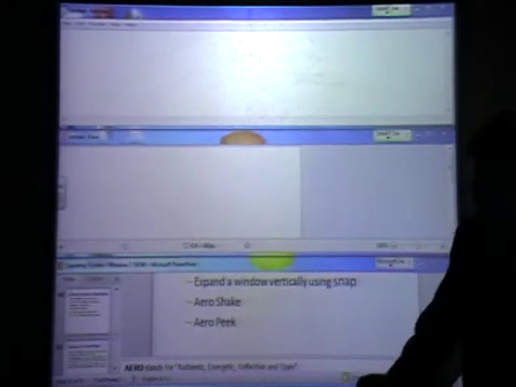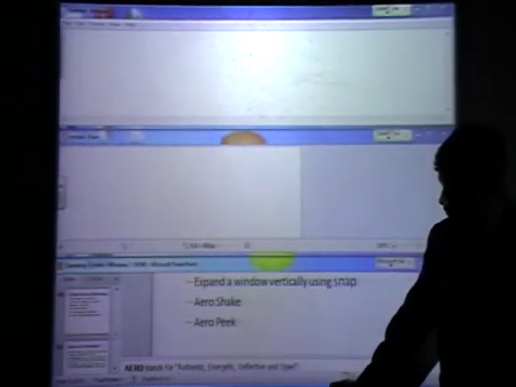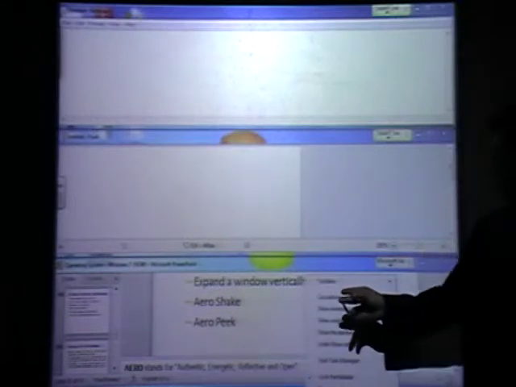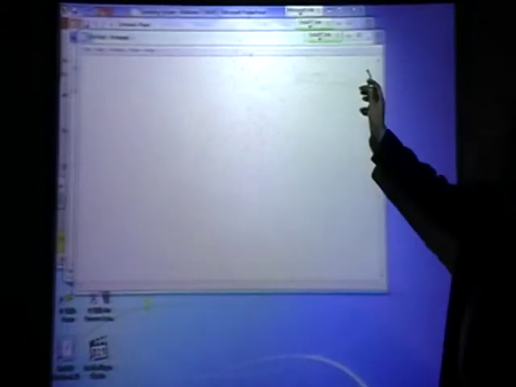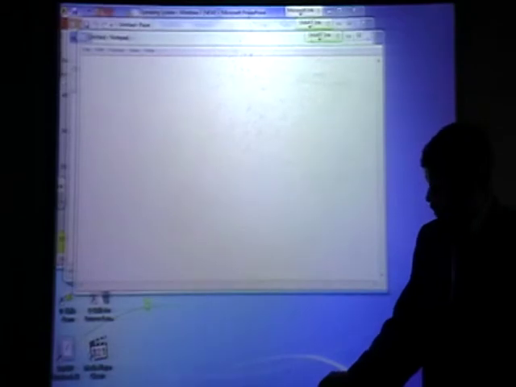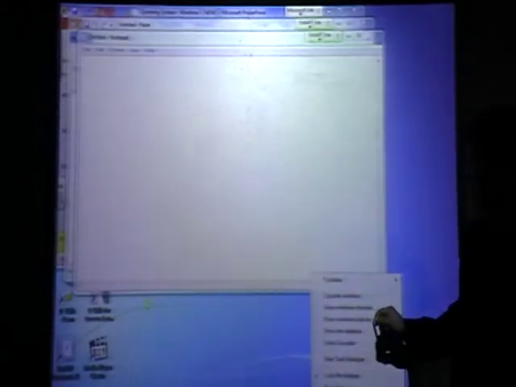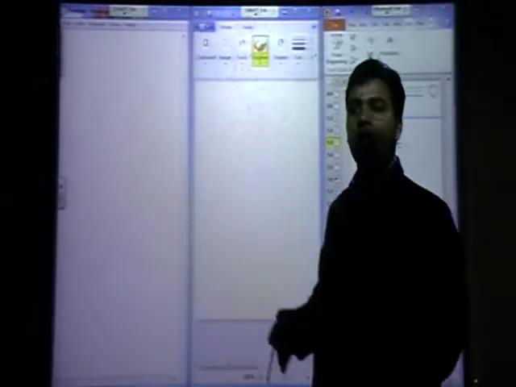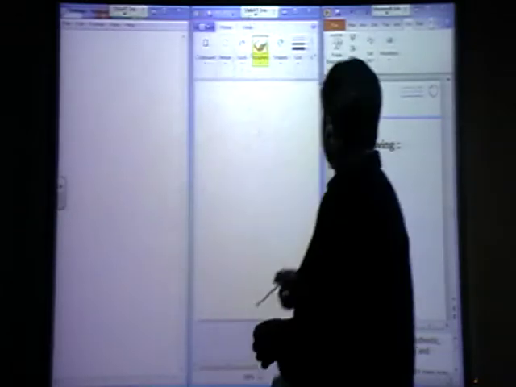Right click again, click on cascade windows. See, one behind another. Next, again right click, show windows side by side. You see? Side by side. It is arranged. So this is about displaying the windows.